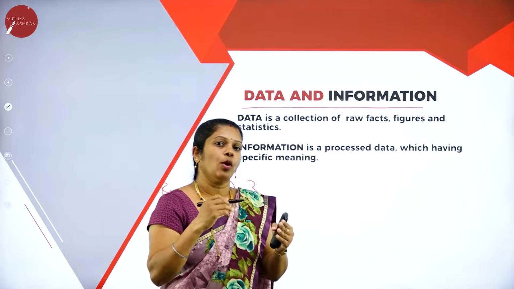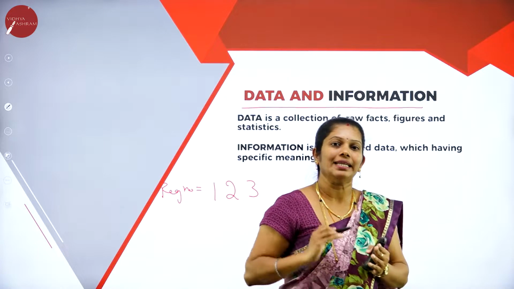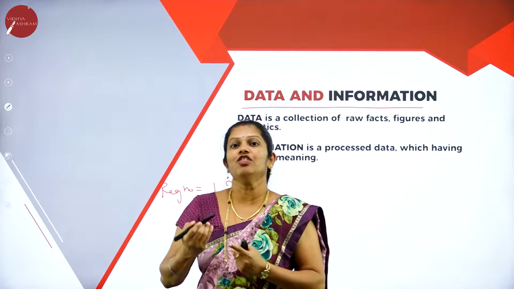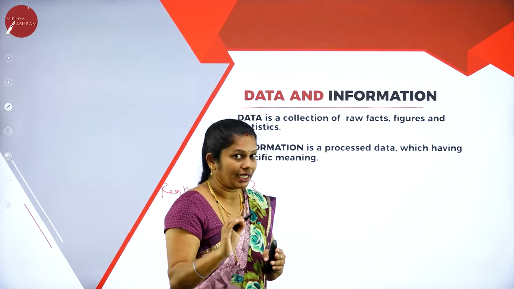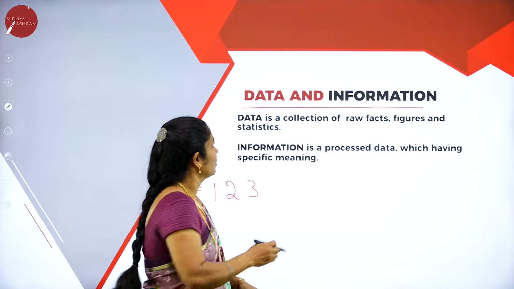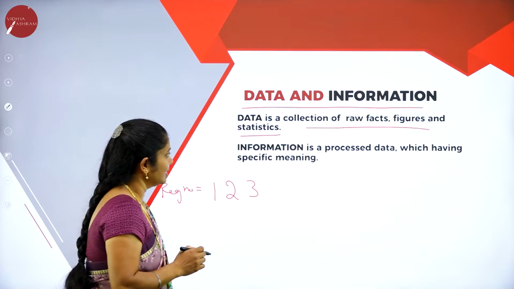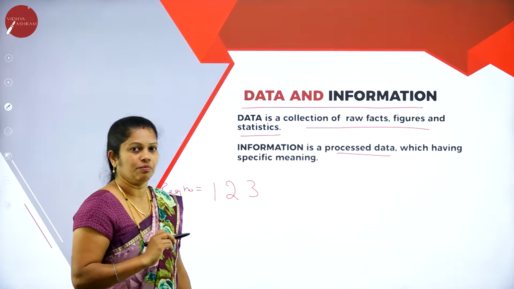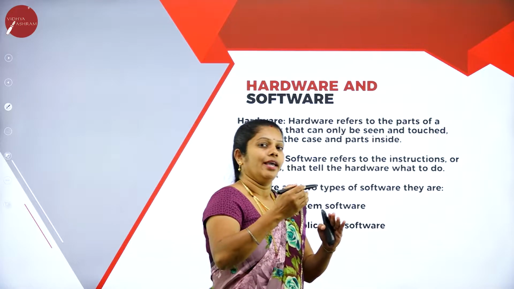For example, if I want to prepare sambar, whatever ingredients I take can be called data. After preparing the sambar, that sambar can be called information. Data does not have any specific meaning, whereas information has specific meaning. Data is a collection of raw facts, figures and statistics, whereas information is processed data which has some specific meaning. Next we'll discuss what hardware and software mean,